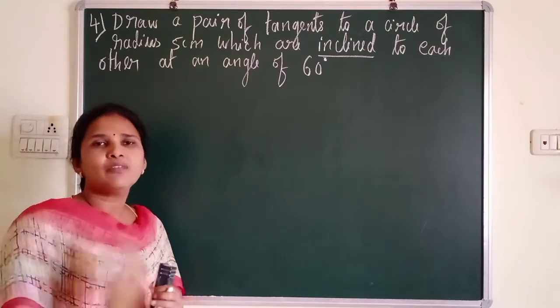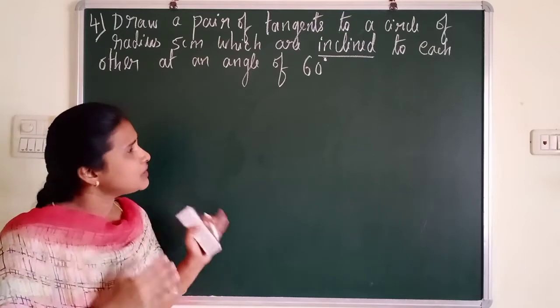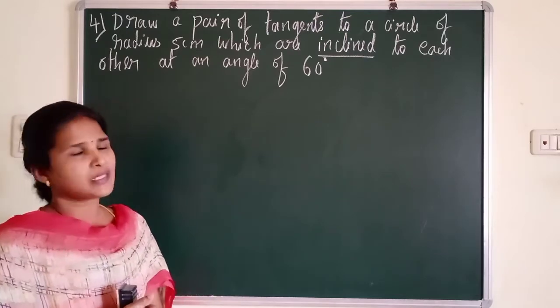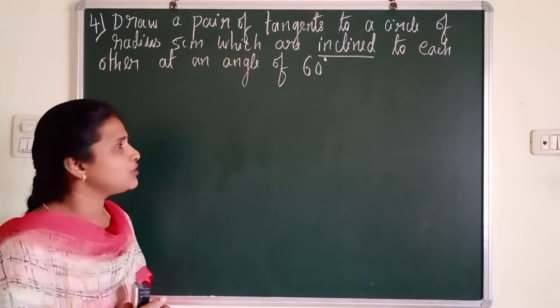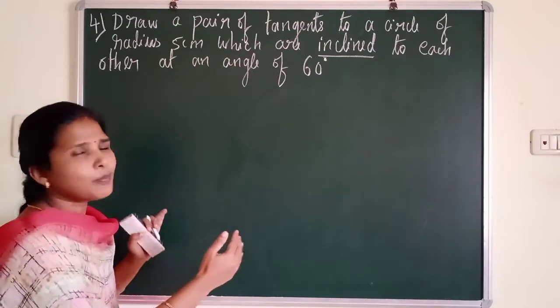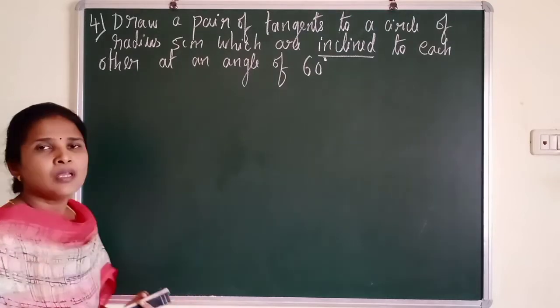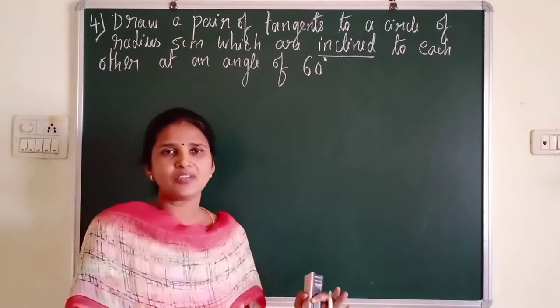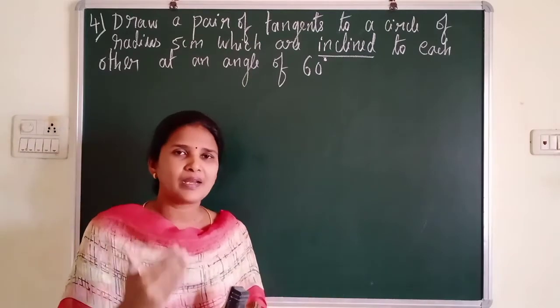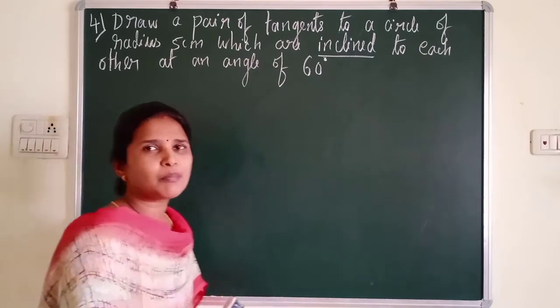Till now, whenever we wanted to draw the tangents, we were doing the perpendicular bisector. But in this question, we are constructing the tangents without the perpendicular bisector. What exactly is given? Let me draw the rough sketch. You people have no need of doing this rough sketch. For your understanding, I am doing two things. One, I will do the rough sketch. Then how to construct 90 degrees, that you already learned in previous classes, let me explain separately.